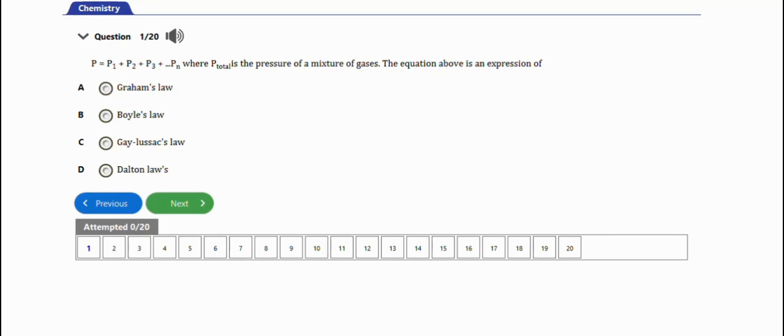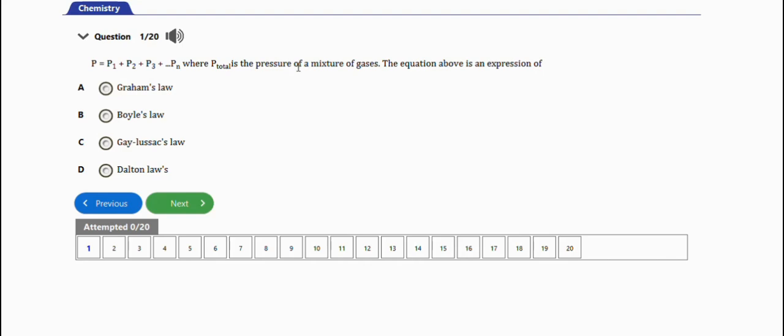In this video, we're going to learn how to solve WASSCE chemistry problems on gases. So guys, we have about 17 to 20 repeated questions to practice with in this video. Let's get started. The first question says, if P equals this addition of pressures, where P total